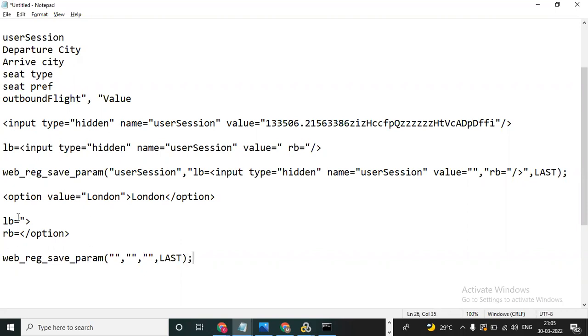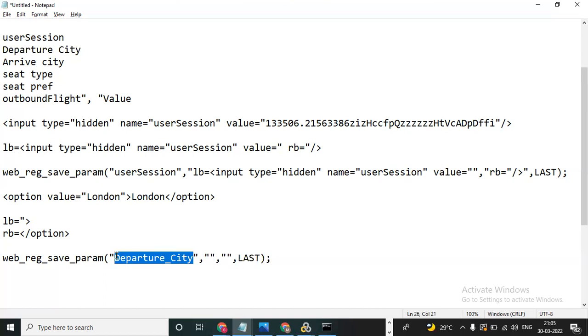So now we need to replace this parameter name with the value we are correlating, departure city. You can give departure city for the variable name. No need to give a gap; don't give a gap. If you want, you can give an underscore, no problem, departure_city. You can give your own name also, no problem, because this is the variable name, the same as in parameterization.